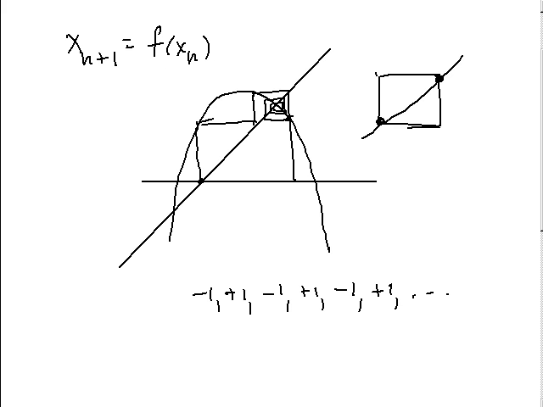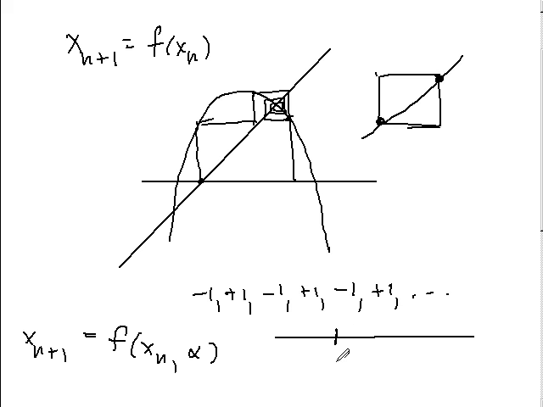Now, what happens when... normally your functions are going to be functions with a parameter. So if I have a parameter f of alpha, and I have x_{n+1}, depending on what alpha is, I could have 1 fixed point, 2 fixed points, 3 fixed points. And I'm jumping the gun just slightly, this leads to a process called